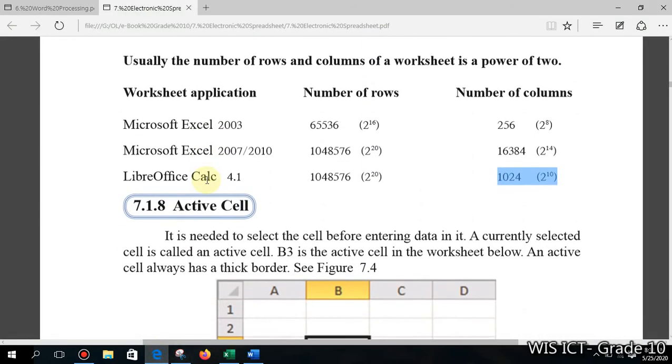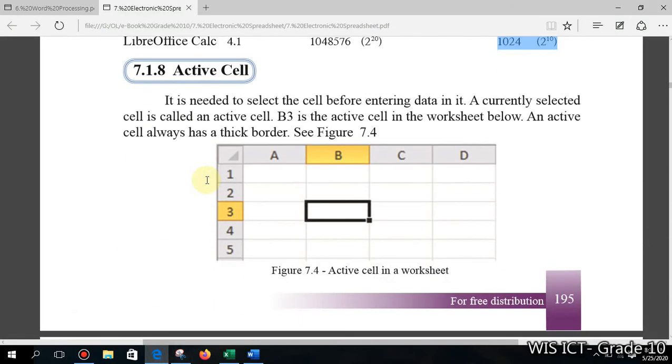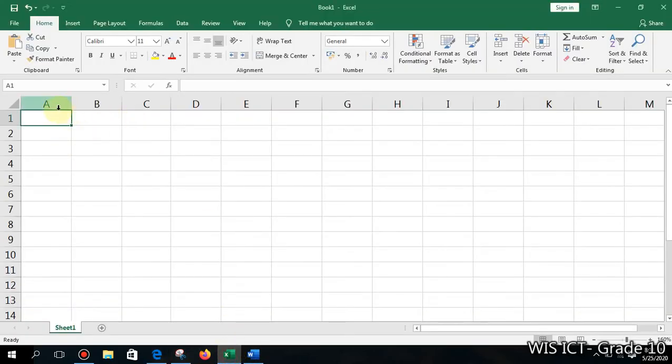So after that, next we will talk about the active cell. What does active cell mean, children? Now you can see if I click on any cell, there is a dark border and a small dot. This small dot is called the fill handle, children. When you take your mouse pointer on this small dot, you can see a plus mark. This plus mark shows you are on the fill handle. This is the dark border. It is showing you the border of this active cell.